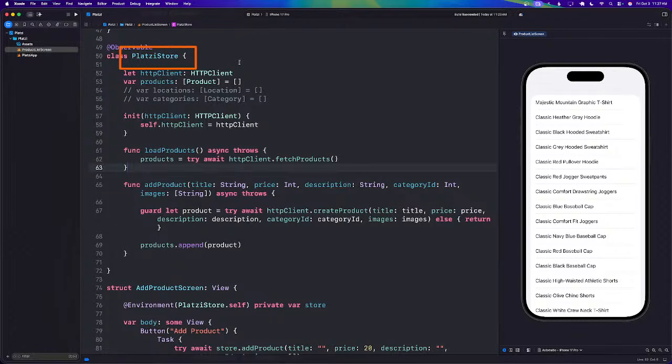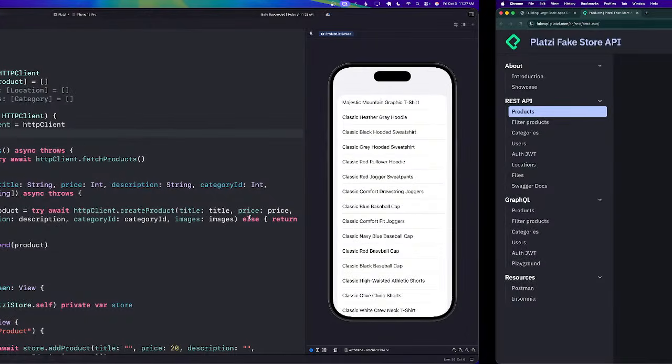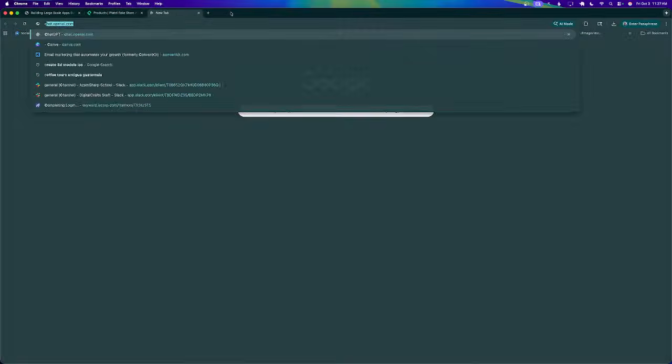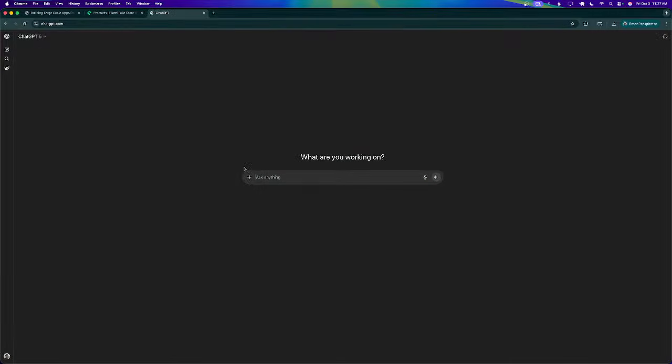All right. Now, keeping in mind that a lot of iOS developers are confused about business logic versus presentation logic. They are completely different things. A lot of developers, iOS developers especially, think that every single thing is business logic. No, every single thing is not business logic. If I had to go ahead and create, let me actually go to ChatGPT first. So just to give you a little bit of idea,